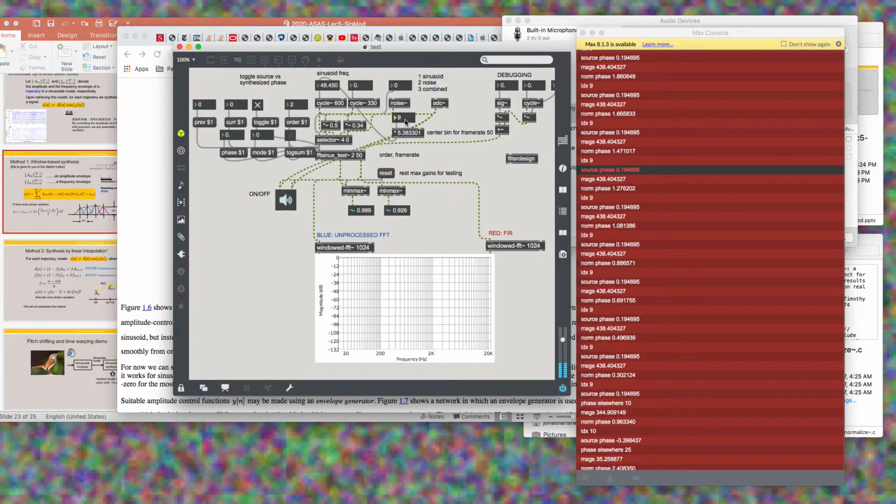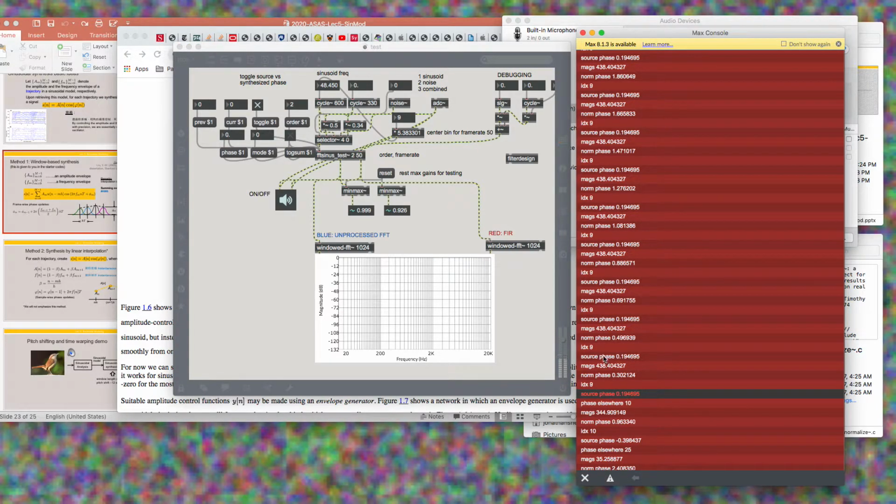So one bug perhaps with my implementation is that for whatever reason in my API where I take in the audio from MaxMSP and I perform all the FFT routines on it, it seems to be affected by the frame rate. And that is causing us not to actually be centered over frequency bins with the phase, but over the frame rate. So to prove that, see we have our source phase. This is not my reconstructed phase. The reconstructed phase is the norm phase. The source phase is the actual phase from the input at that position. I'm just running it through the